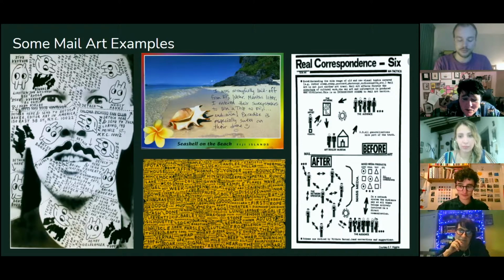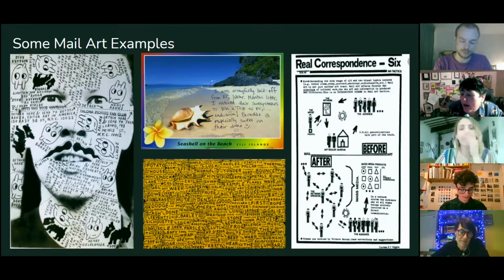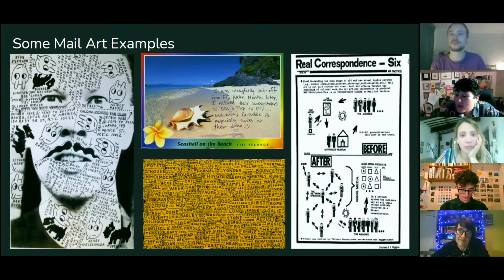Below that, you've got someone whose favourite colour is yellow, and what does yellow signify? This was to collect all the words they said in one hour, sometimes two hours. And this was just put together on a yellow background. Yellow has many connotations in terms of sunshine, but also some people associate yellow with illness.